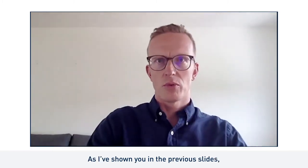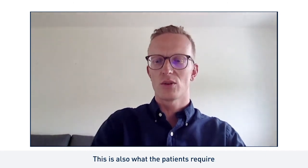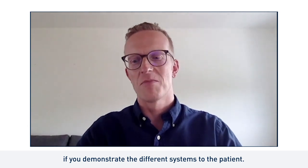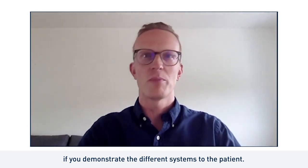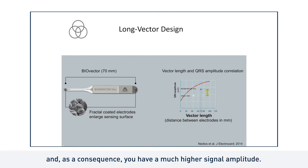As I've shown you in the previous slides, the devices are getting smaller and smaller. This is also what the patients require if you demonstrate the different systems to the patient. The BIOMONITOR system has a much longer vector in comparison to the Reveal-Link. It's about 2.5 centimeters longer. And as a consequence, you have a much higher